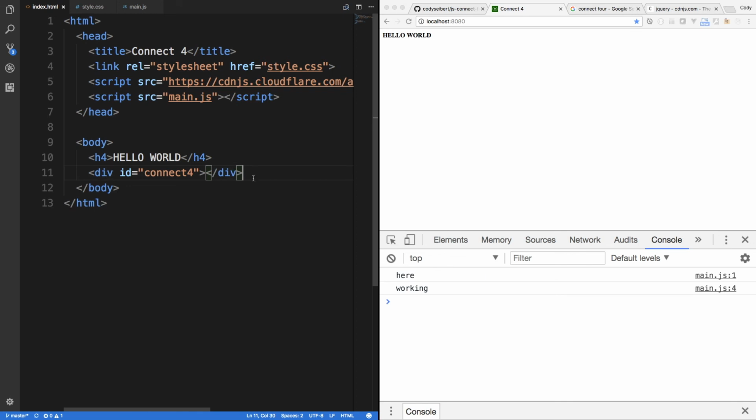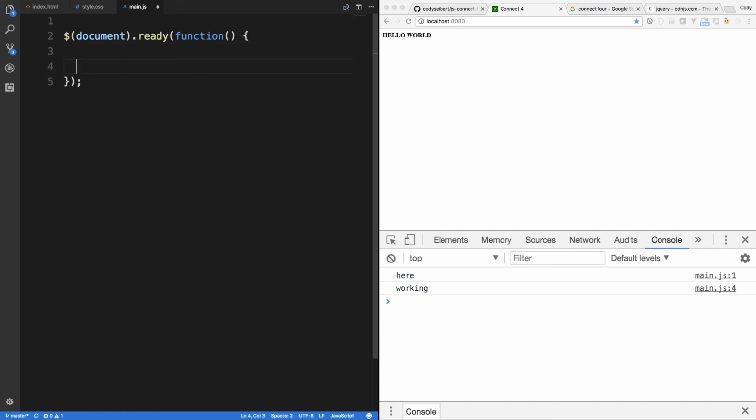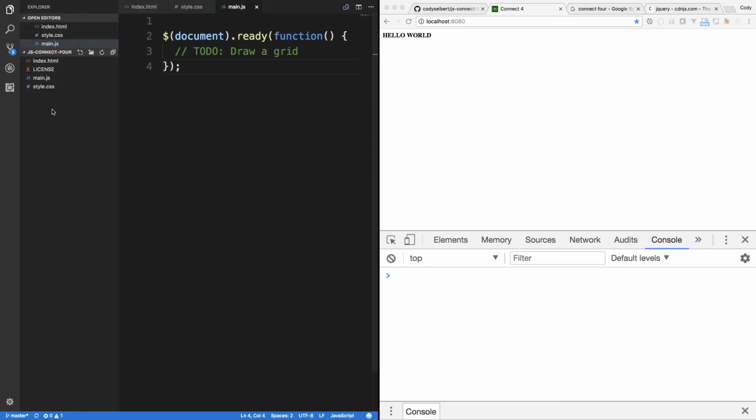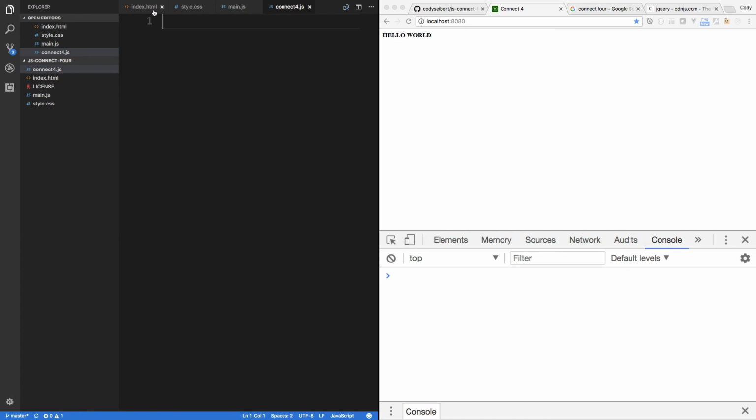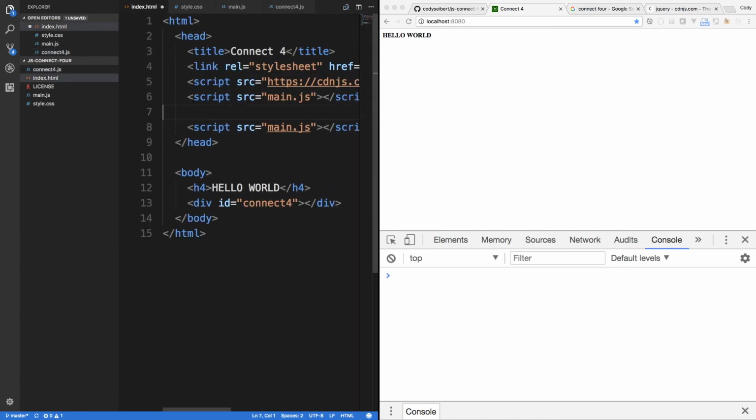So what we can do in our main JS file is I'm going to go ahead and just clear out those console logs and just do a little to-do here. So I say to-do, draw a grid. And to kind of help abstract this into different modules, what I'm going to do first of all is make a connect for file and also include that right above main. And what we're going to do inside connect for,